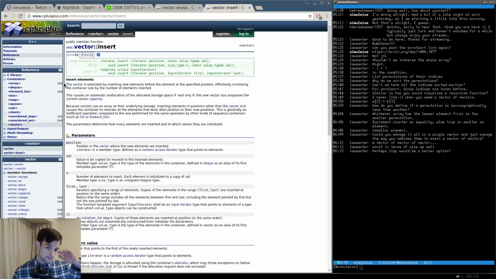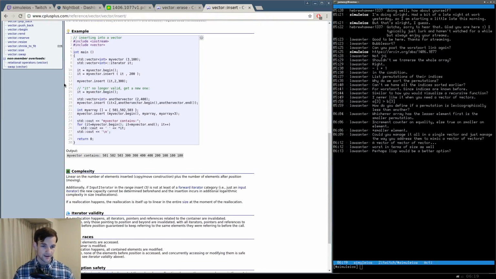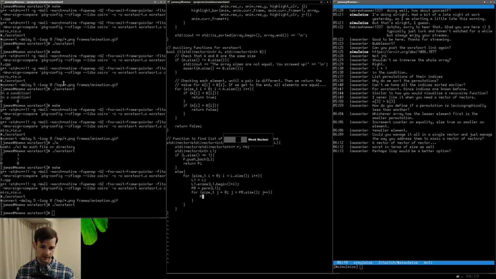Oh, I guess insert. Obviously, that should have been what I did. So let's see. We want to do insert at the iterator. And so what we're going to do is say myVector.insert, and we insert the value. So we're going to do the insert now. So we're going to say,